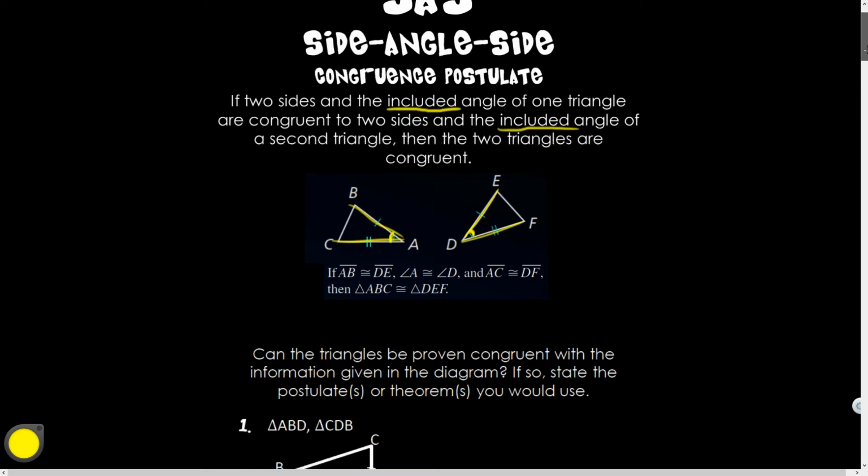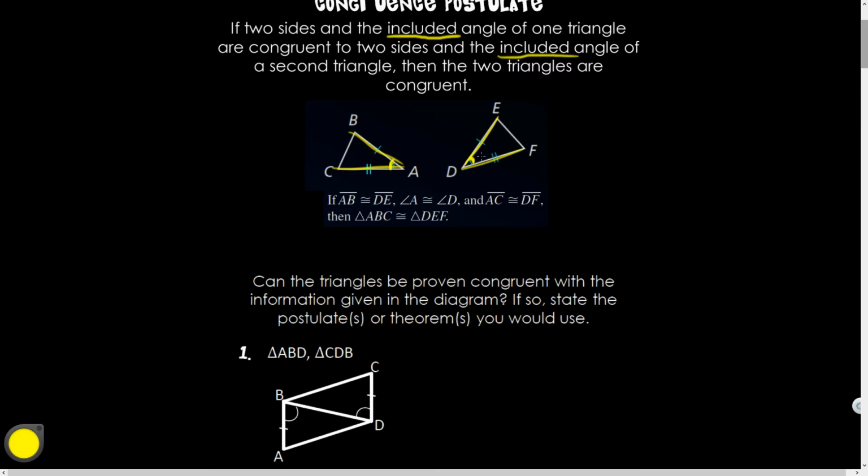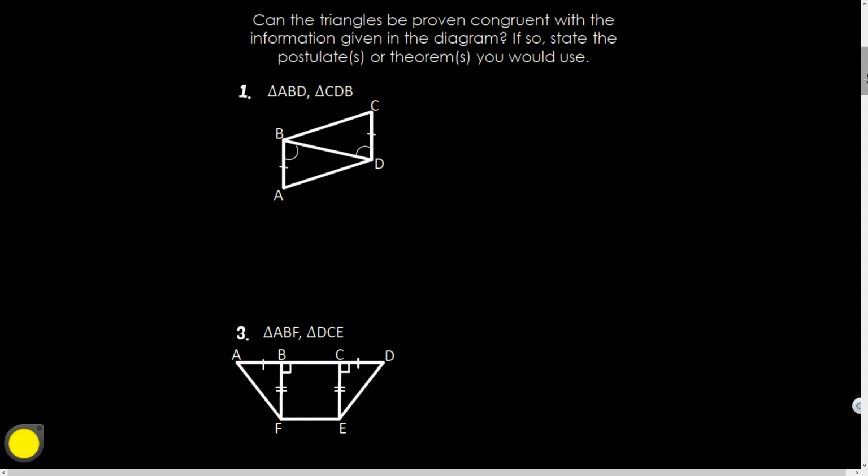So here we go. This is the idea. Side angle side. Included angle. This would be a non-included angle. This would be a non-included angle. Included angle is the in-betweenest angle, right? There you go. So let's see. Here's some problems, and notice they're a selection of the ones found on your Foldable Notes. So you can just open up the whole thing, and let's take a look at question 1,